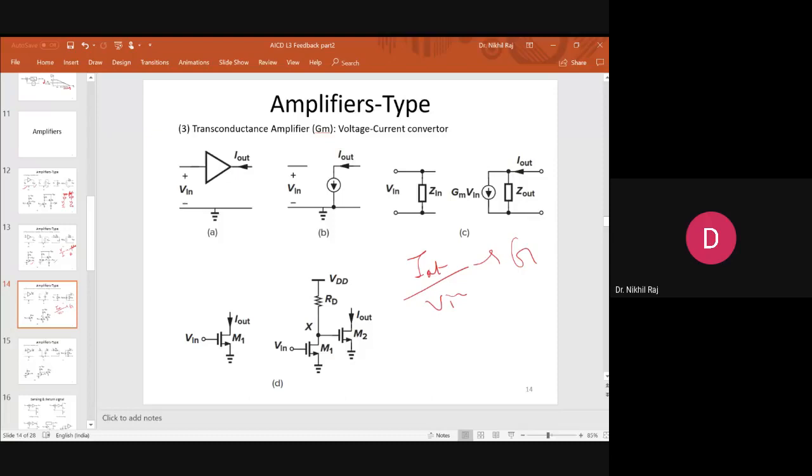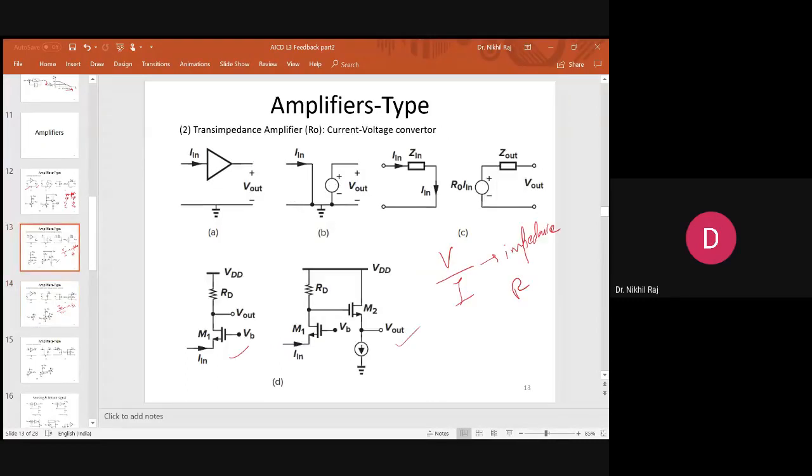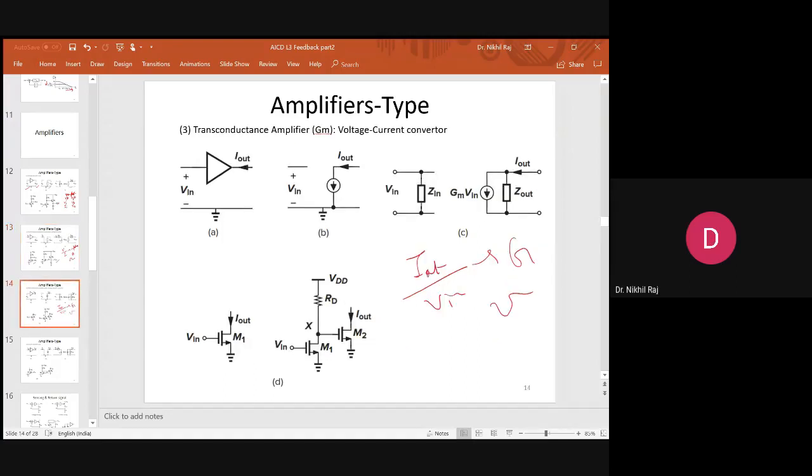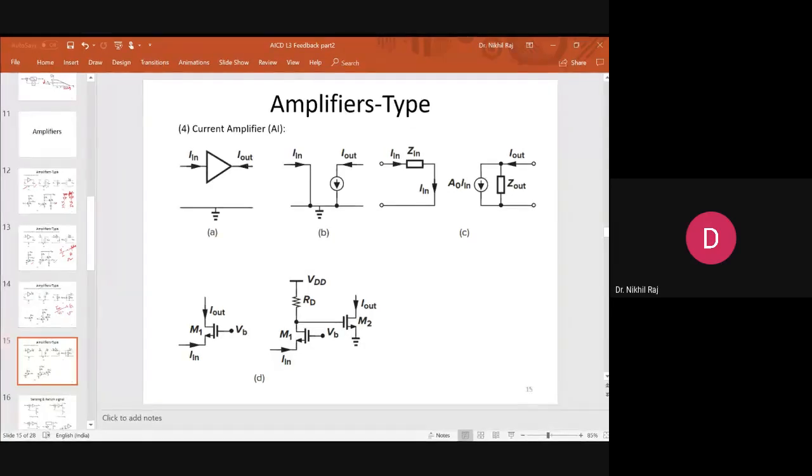The thing to remember is that in trans impedance and transconductance we have units. For the trans impedance amplifier the unit is ohms, and for the transconductance amplifier the unit is mho. These two are also amplifiers, but they are not unitless because the output variable and input variable are not the same. The trans impedance is a current to voltage converter, and the transconductor is a voltage to current converter, but voltage and current amplifiers are unitless quantities. Then the fourth amplifier was the current amplifier, where the ratio of output to input current was taken, and we have taken one example.